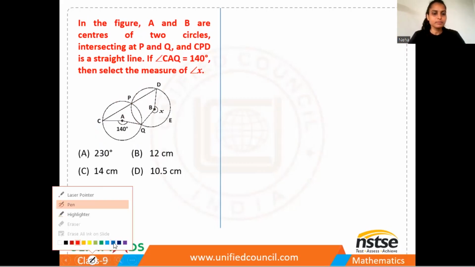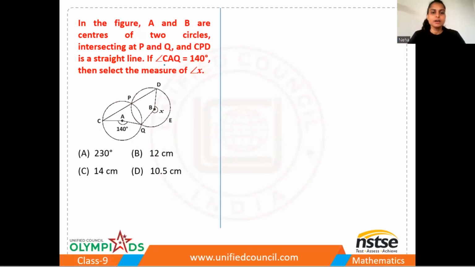Okay. The next thing is that angle CAQ is given equal to 140 degrees. So select the measure of angle X. So here we have to find this angle, right? The similar one, right? So as we can say that this is the reflex angle, right? The first thing is that this is the reflex angle, and they are asking to measure the angle. And if I look at